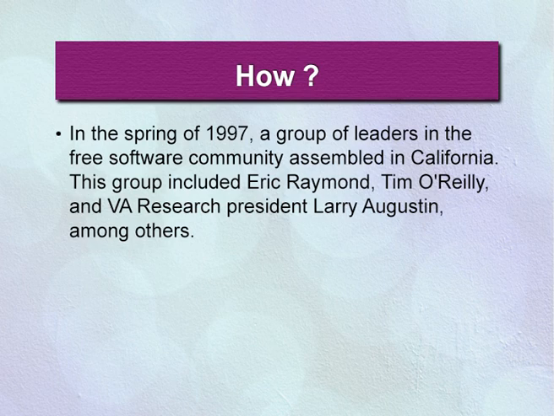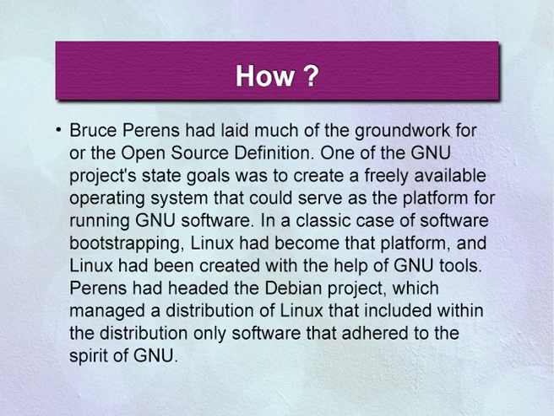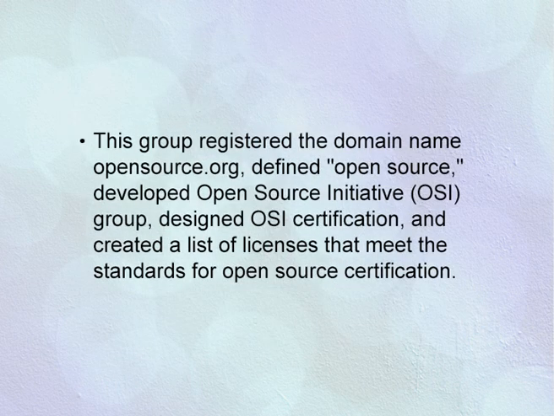In the spring of 1997, a group of leaders in the free software community assembled in California, and at that time it was called free software. Then they coined the term open source software under the leadership of Eric Raymond, and they started the Debian project and many other sister projects related to open source software. I am not going into details of the history of open source here. I just want to tell you in a nutshell what open source software is and why this movement is so